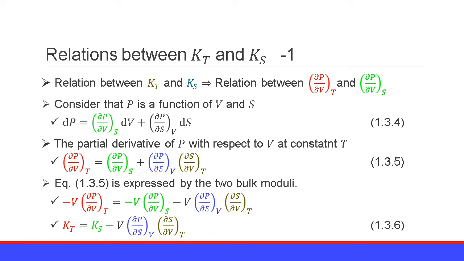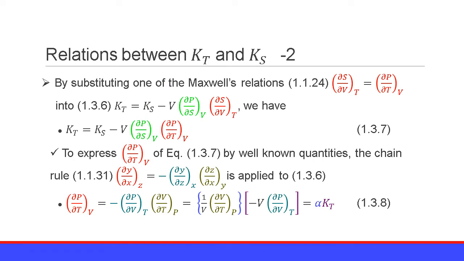Thus, the isothermal bulk modulus Kt is equal to the adiabatic bulk modulus Ks minus V times ∂P/∂S at constant V times ∂S/∂V at constant T. Equation 1.3.6. Next, we want to express the term minus V ∂P/∂S at V times ∂S/∂V at T